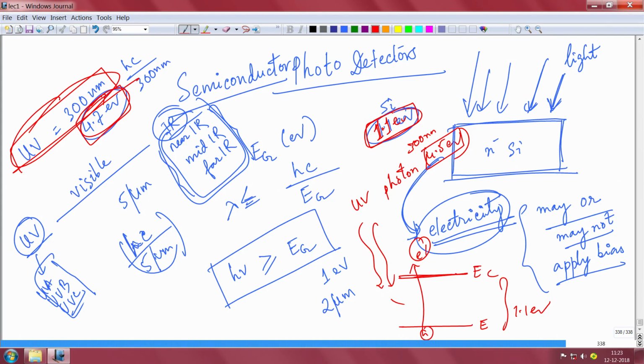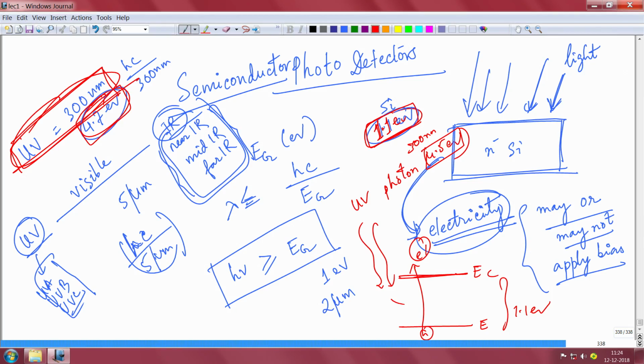So you cannot selectively say whether the light that you are detecting is only from UV 300 nanometer, because silicon will also detect visible green, blue, yellow, all of whose photons have energy more than 1.1 eV. This means silicon will not be selective to UV. Silicon will absorb everything from its band gap upwards. So you will not know if the photon you are detecting is only UV or visible or something else. It depends on the application. Of course, we will come to all these things.